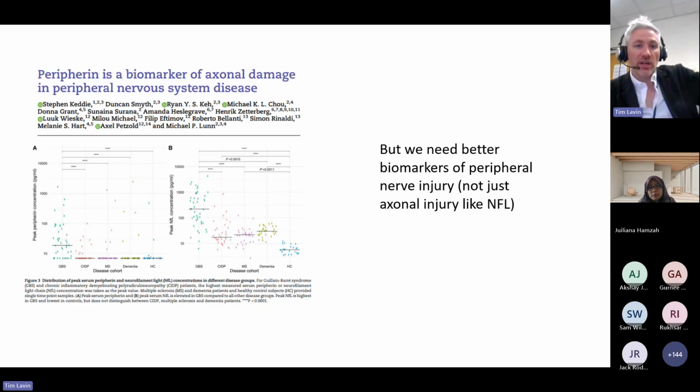We do need better biomarkers though. At the moment, we're just completely dependent on our neurological assessment to determine whether we think that disease is under control or whether we think the inflammation has now been treated. We don't have a perfect test. So what we really need is a biomarker, something like a CK for muscle. We need something similar for nerve, but not only nerve, we need one for axon degeneration, and we need one